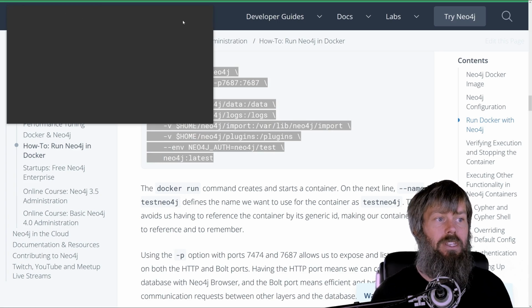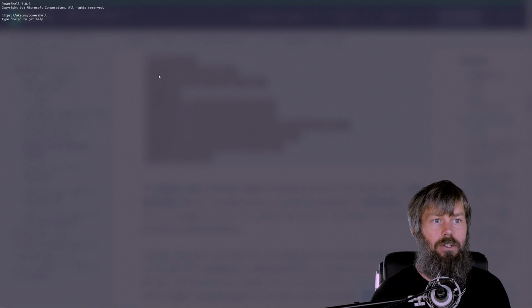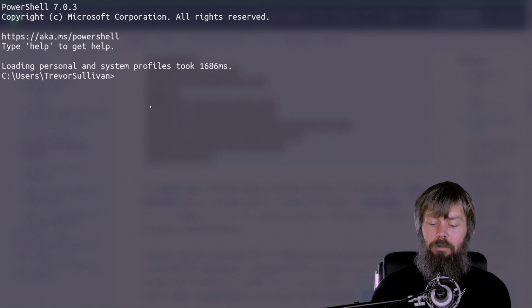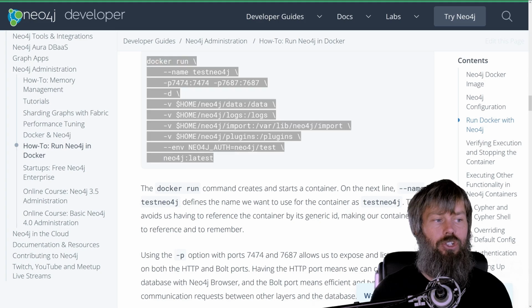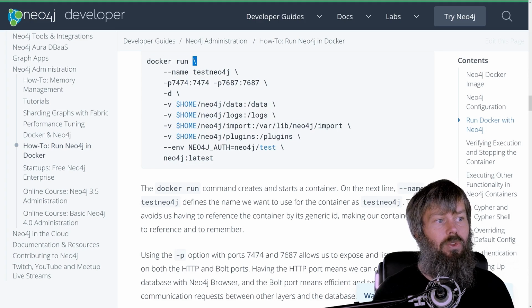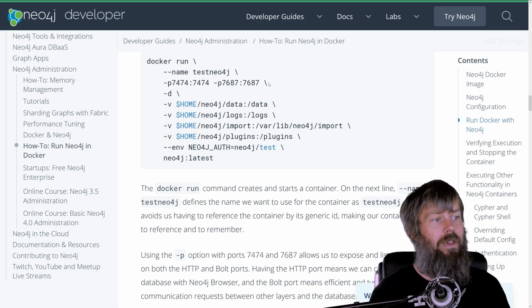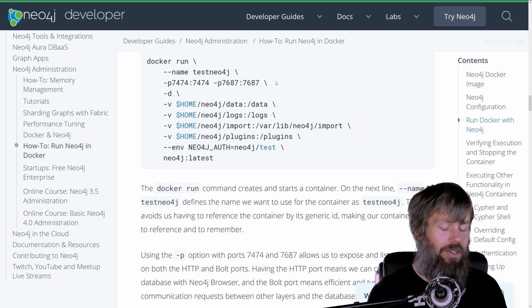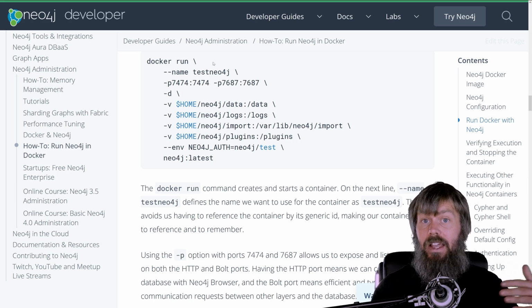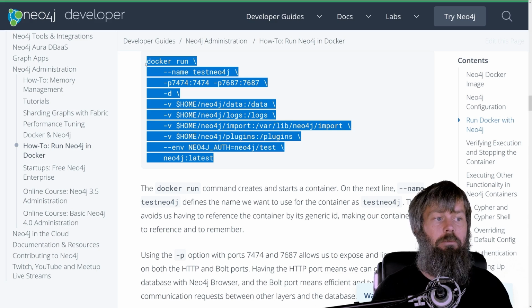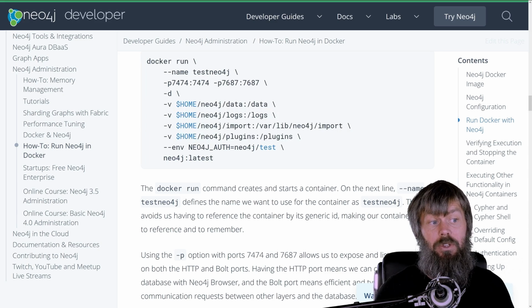So I'm going to open up the Windows terminal on my system here, just bump up the font size for you. And what I'm going to do, instead of running this in PowerShell, because we have this new line indicator character, which is a backslash. In PowerShell, that would actually be a backtick character up on the tilde key on your keyboard. That's the backtick character. That's the line continuation character for PowerShell. So this command, as it is, won't work in PowerShell, not to mention the fact that when you're doing volume